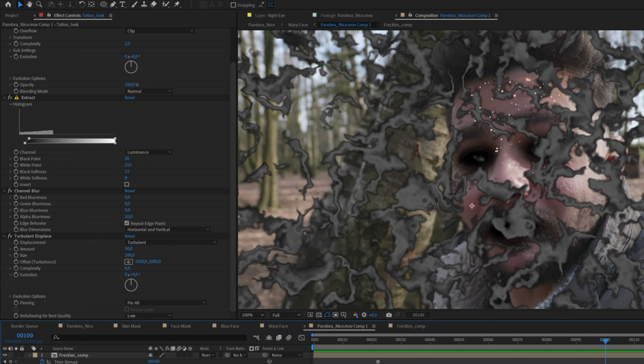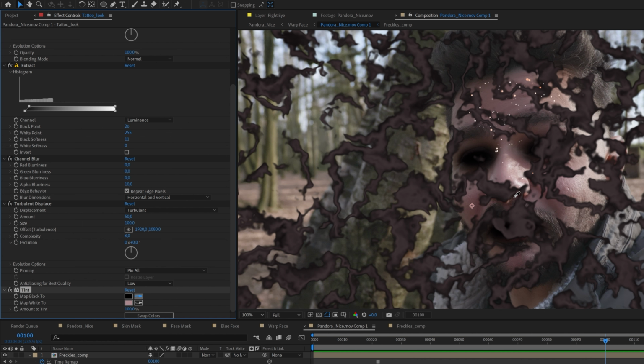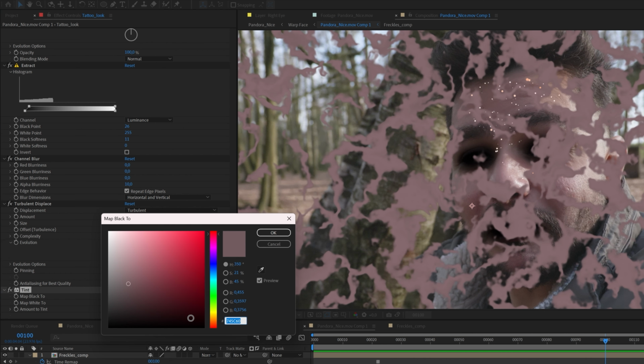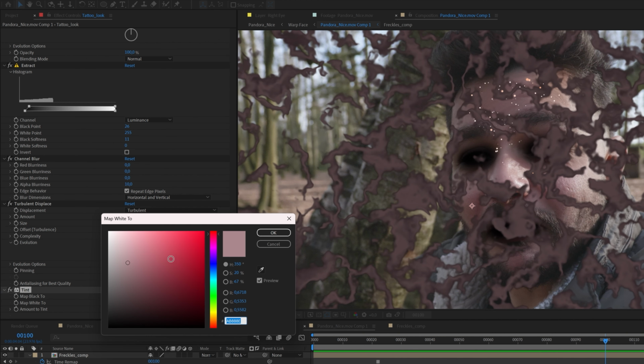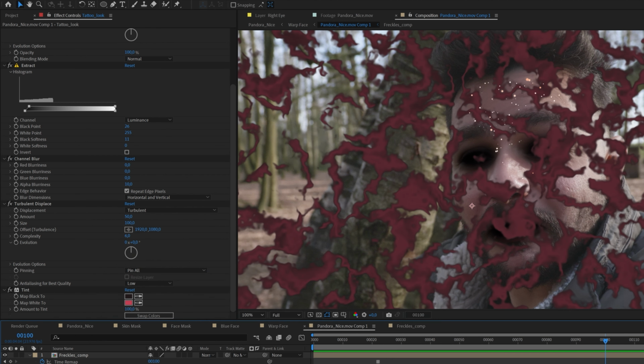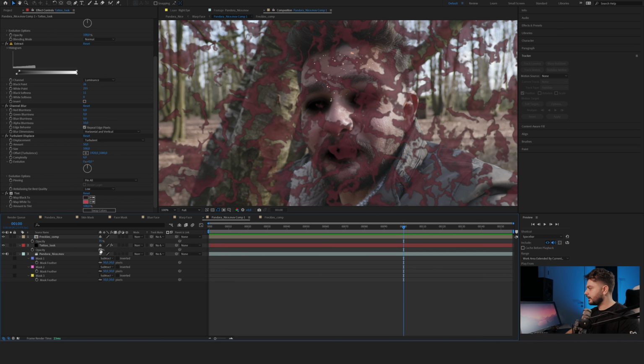Pretty cool. Another thing that I want to do now, and that's the last thing, is going to add a tint effect to pick the same color of my skin and a darker tone of my skin. So I'm just going to pick a darker tone for the black, and for the brightness, I'm actually going a little bit more saturated, like to give it a different look. And now you can play with the opacity for both of these layers to make it a little bit better